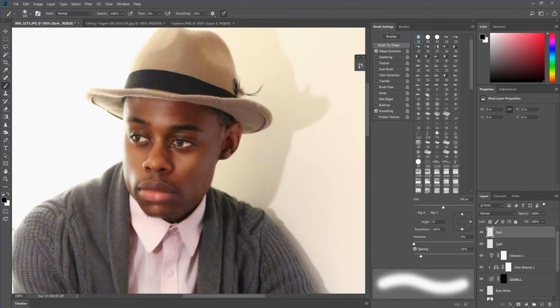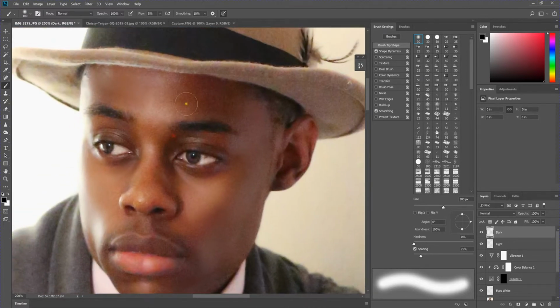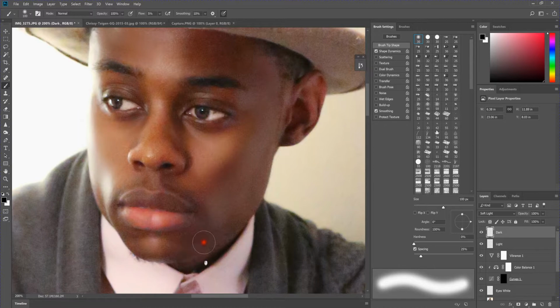So with the blacks now, I'm going to do exactly the same thing I did for the whites. So I'll go in and paint, but before I do that, I forgot one step. Go here, change your blending mode to soft light, and then go back and start to add darks to your image. And if you feel like it's too drastic, you can always erase it or just use your history tool to undo and things like that. Same thing as I was doing for the light parts, just go in and touch up where you feel like